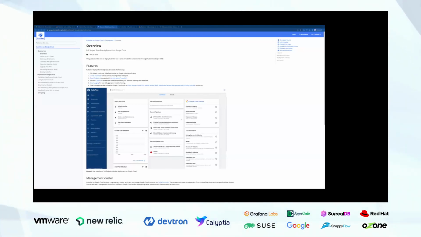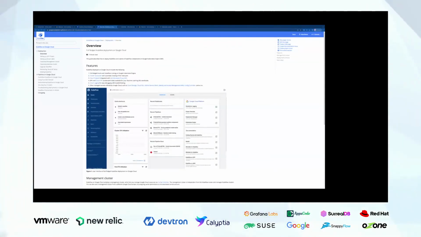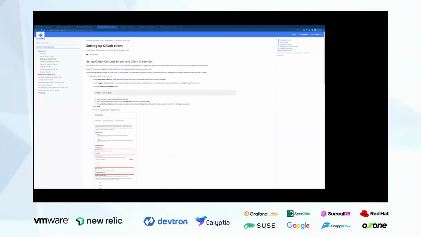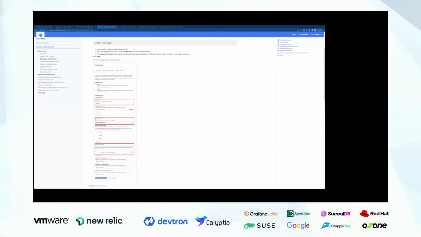Okay. In any case, I'll just quickly go over this installation step, and then, assuming that not everyone has a Google account, maybe we'll look at the alternatives for that. So to start with, you essentially do need a GCP account, and on top of that, you first create an auth client, an authentication client, to help you authenticate all the users that you'll be onboarding into your Kubeflow deployment. The steps here are pretty straightforward.